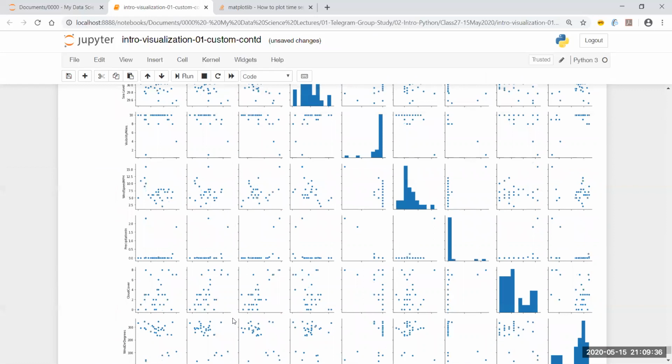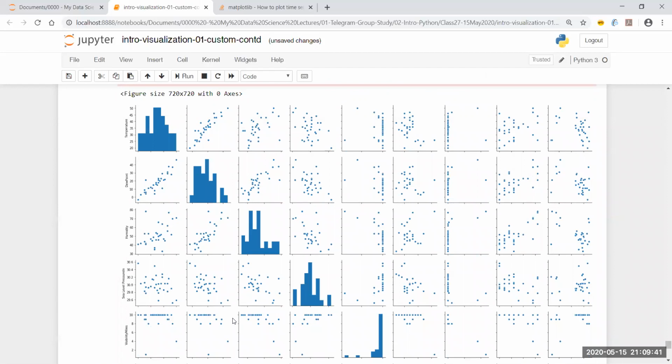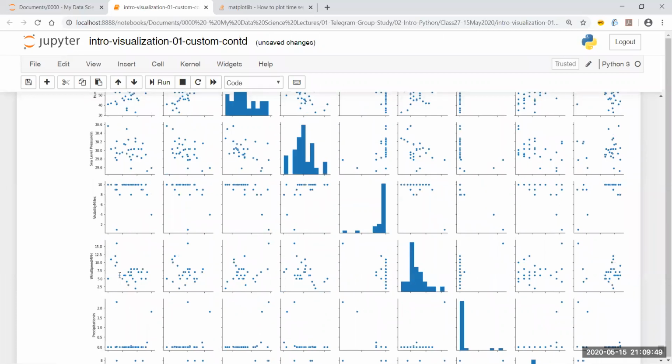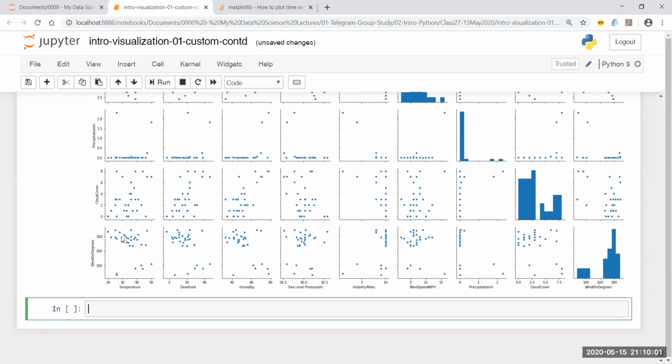I just have to figure out a way to read this. And then I have by default histograms as well. So let me just zoom this a little bit so that I can explain what is going on over here. So the x-axis has all the variables. The y-axis also has all the variables, and I can see the relationship between variables in the x-axis and variables in the y-axis. Whenever there is a match, or whenever there is a conjugation, let's say this is wind direction in degrees, and this is also wind direction in degrees. So this cell is a match, or a graph of the same feature.